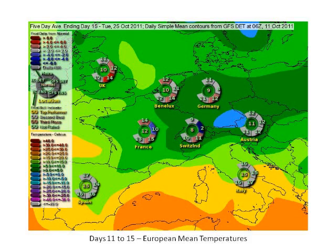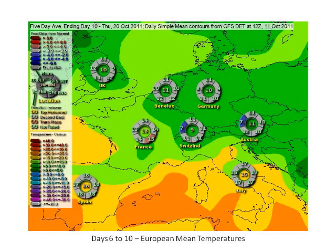And despite some model divergence, overall there is consistency for previous days to suggest that most areas of Europe between days 11 and 15 will have temperatures either near or trending slightly above climate norms. Between days 6 and 10 a cooling trend is evident compared with yesterday, and most areas of Europe are forecast to have temperatures very near to climate norms, though perhaps just trending slightly above, but only by 1 or 2